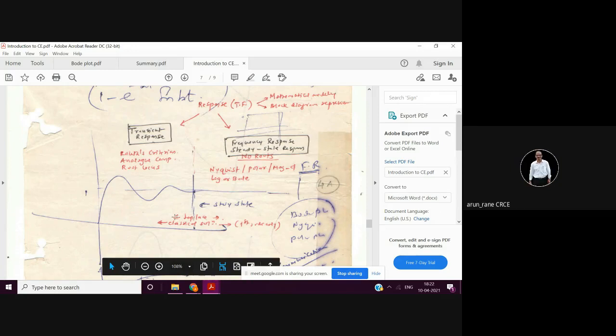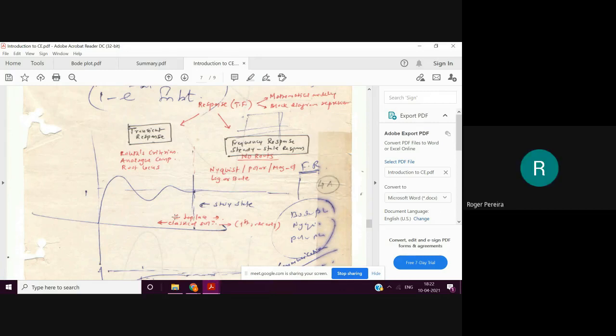Besides this, we also learned signal flow graph, second order system, controllability and observability, which is not here. It is signal flow graph, second order system, steady state modeling, and controllability and observability. Signal flow graph can be for 7 to 8 marks. Controllability and observability will be 10 marks. Second order system will be for 7 to 8 marks, and steady state modeling will be for 5 marks. Like that it will be.